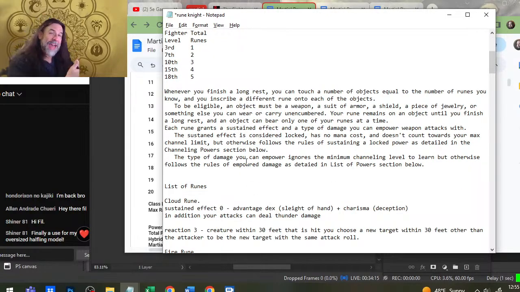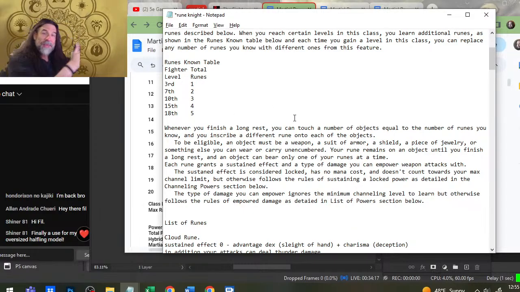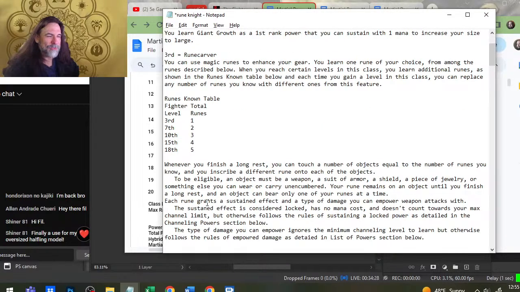And on top of that, you can stack up to 5 sustained effects that do cost mana at 17th level. So overall, these things are considered to be first rank sustained powers that cost 0 mana to sustain. So you effectively, at 18th level, have 10 mana worth of sustained effects active on your character, which is